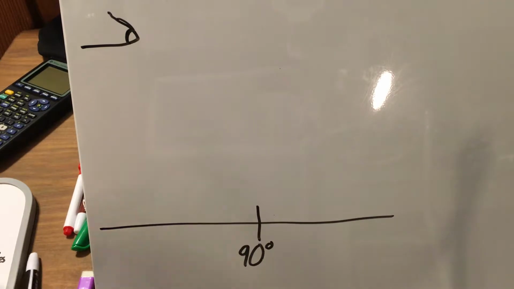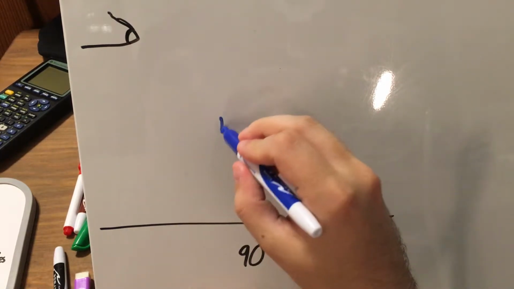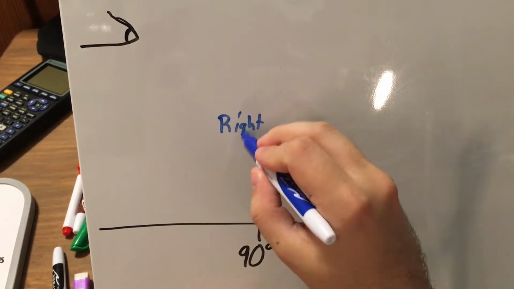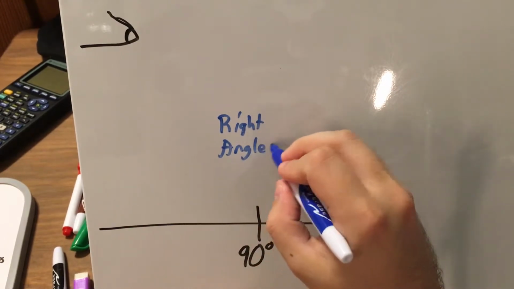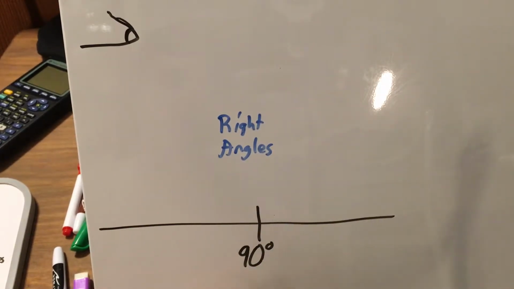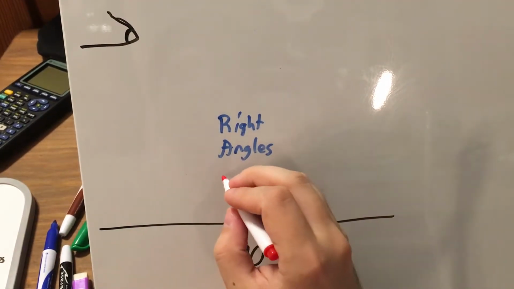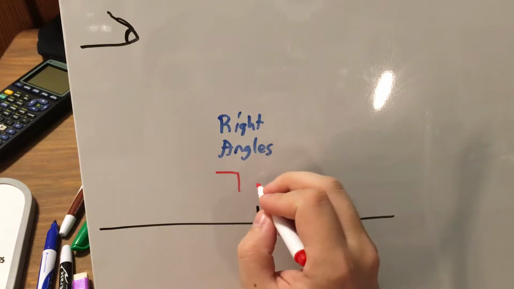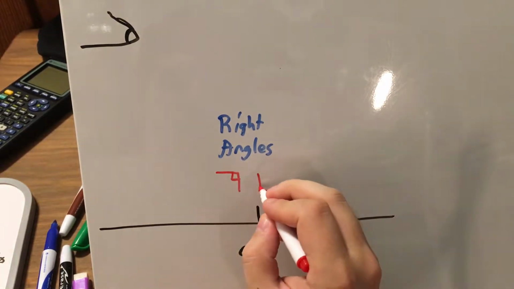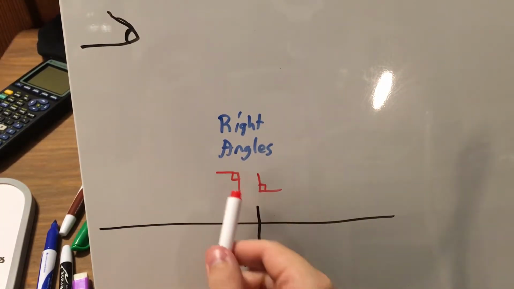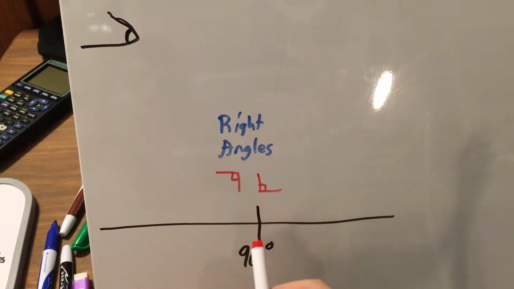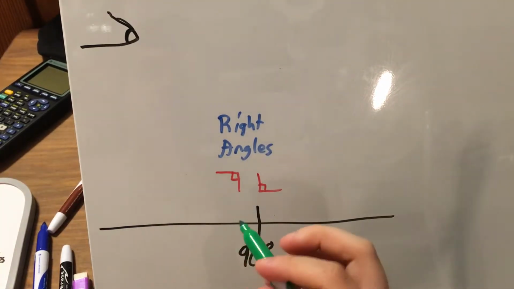And I'll start with this one. Any angle that measures 90 degrees, or if I can draw it in a picture form, any angle that looks like the corner of a box, and when you see this written, you might see a couple of these in there. Any angle that measures 90 degrees or looks like it's the corner of a box is called a right angle. Now, if we go any smaller than that,